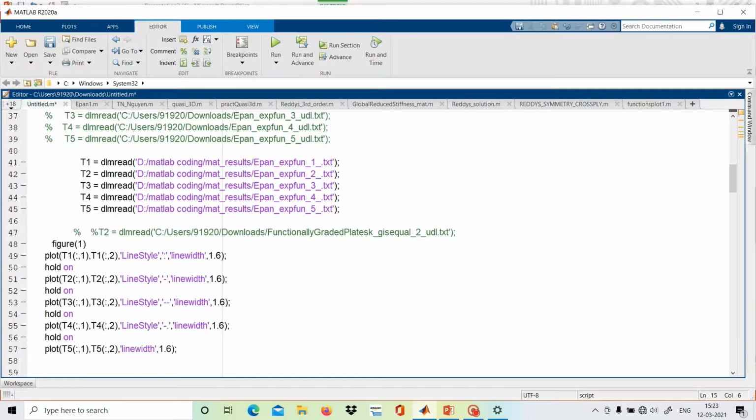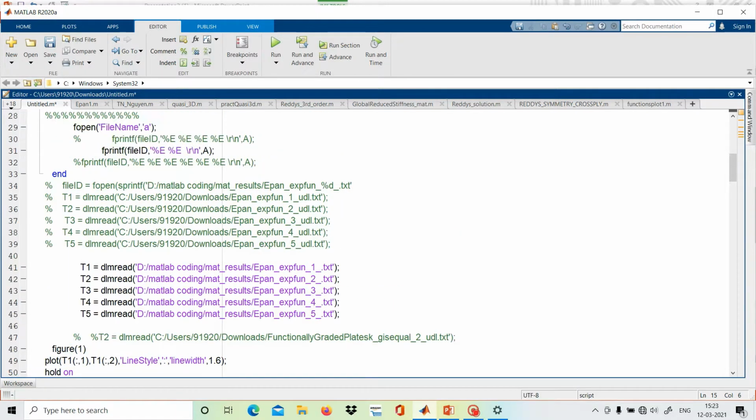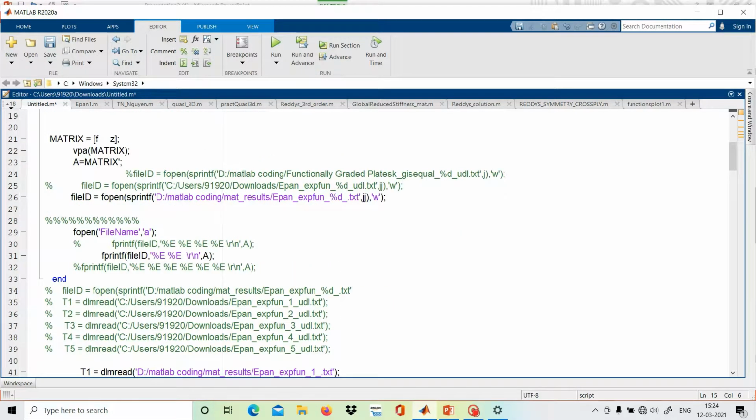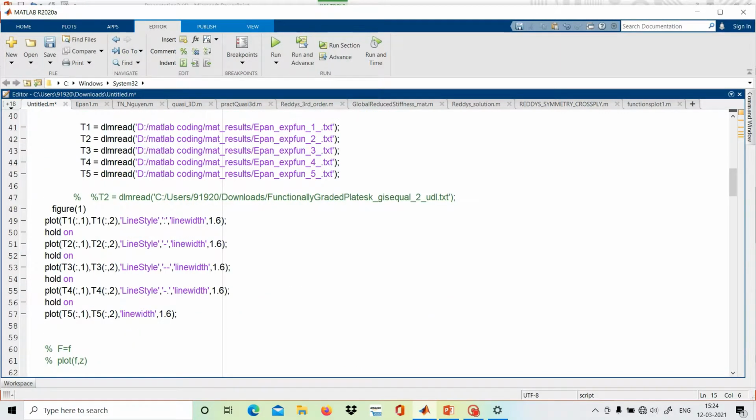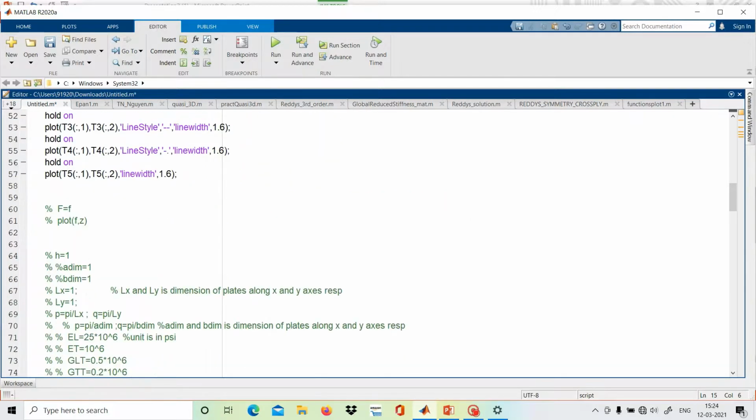And now what do we want to plot? We want one figure, and we want to plot all the function values in the same figure. So here T1 of 1 and 2. We know that the first is the function value, and the second is stored as the z value. So we will just plot all the function values corresponding to z, T2 of 1, T2 of 2, and so on. In this manner it will plot that function.